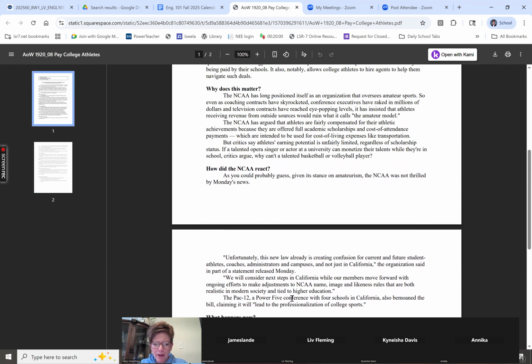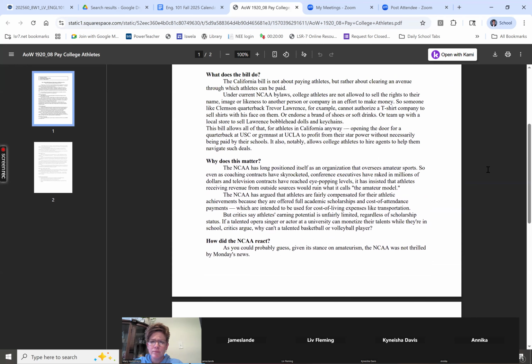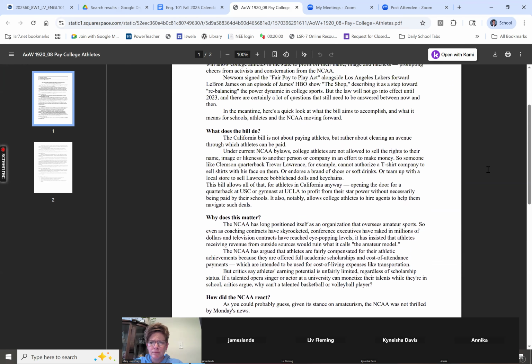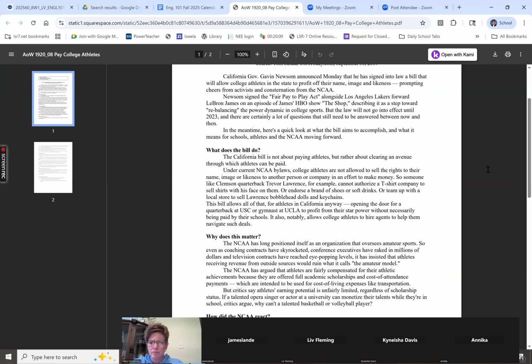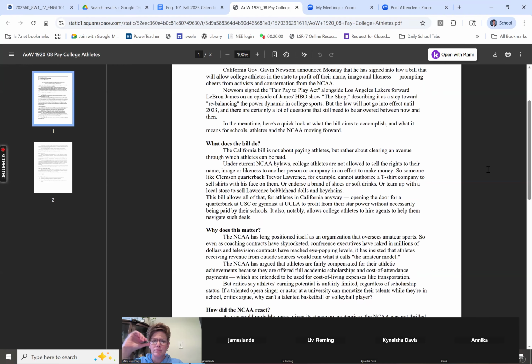I'll go. What I would do differently is maybe add some more things about how it actually affects the athletes. Would they have to give the school a portion of the money that they make from these new ventures? How would they have to compensate the school, because they're playing for the school? Would the school be compensated if they did make extra money? I would add something in there about that. I'm sure people would be concerned about it.